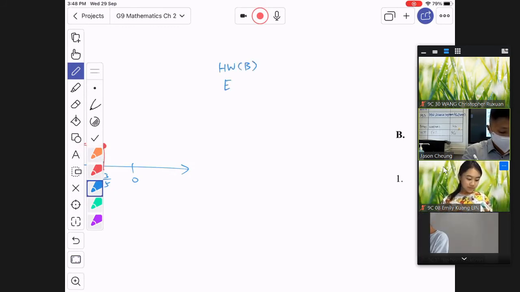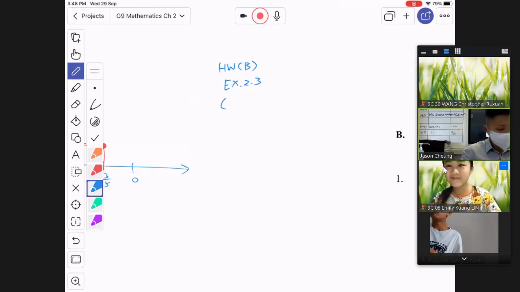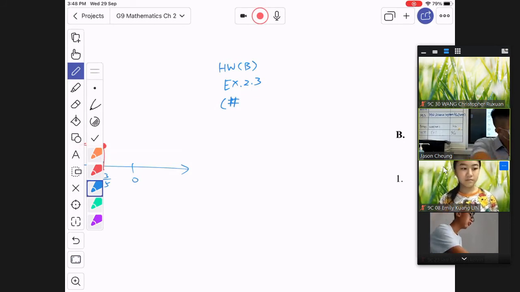Homework book B, exercise 2.3. 剩翻啲時間俾你哋做 homework book 啦，I think we have 5 minutes, 7 minutes. 剩翻時間 homework books. If you have any questions, please ask me. Let me see. 我睇下做幾多題好先。